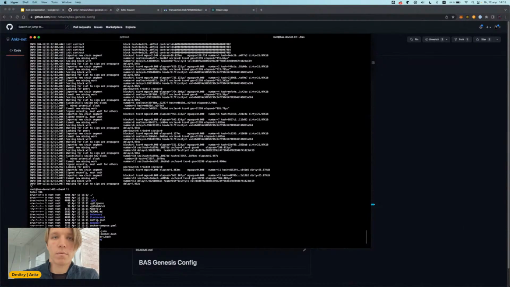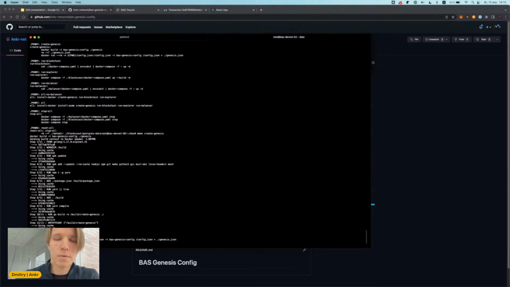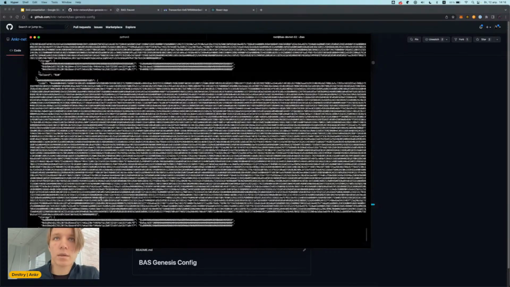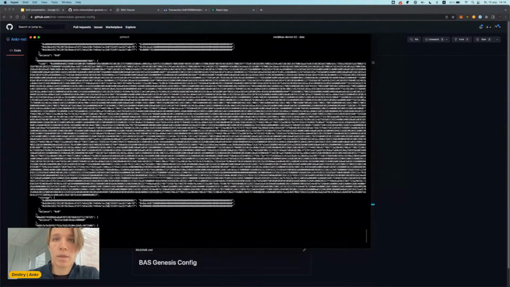When we ran our make file, it had run create Genesis file. We can run this again. It's done, and you can see it's running inside Docker, so you don't need to install Node.js dependencies, Yarn dependencies, Golang dependencies, etc. It has everything pre-built already, and it created the Genesis JSON file, and this file contains bytecode for all smart contracts regarding BAS modules. And it already contains information about all